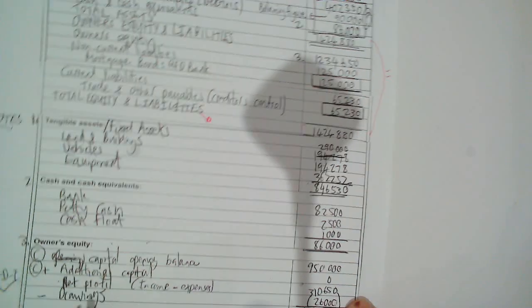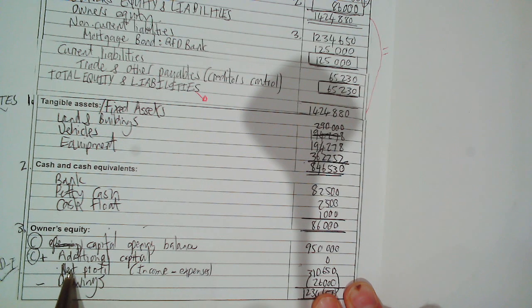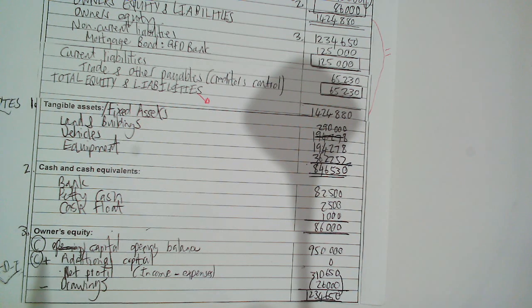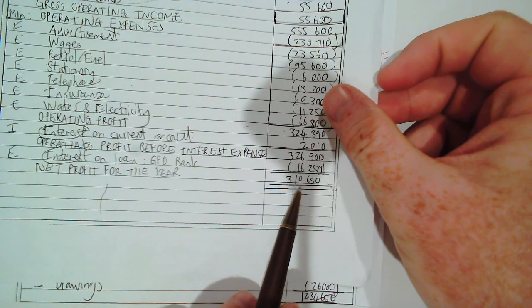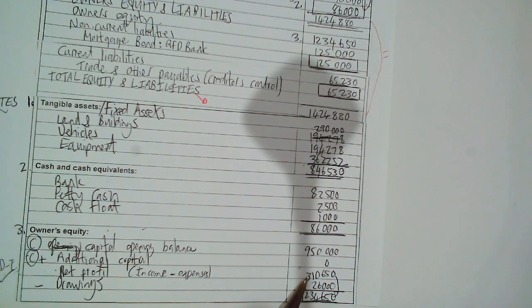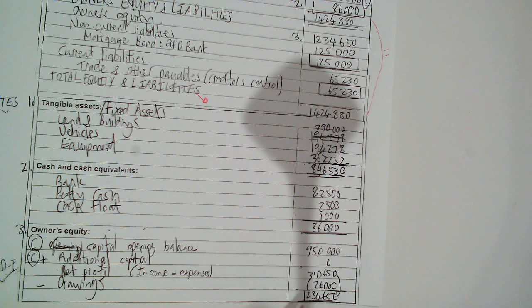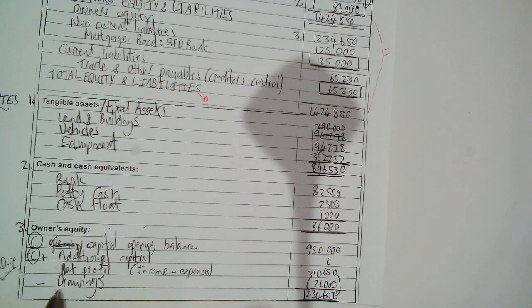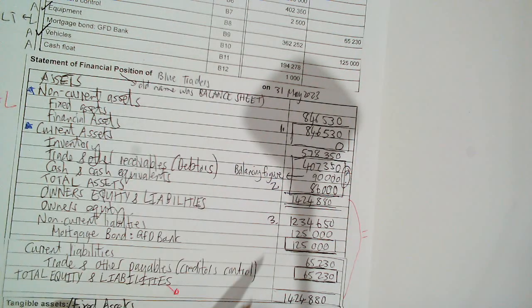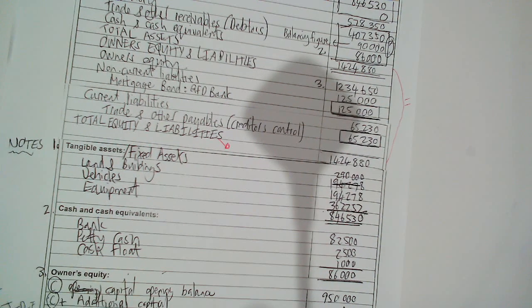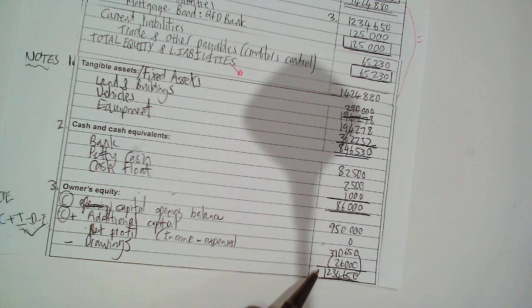Then I'm going to add my net profit. Now the net profit I got from the statement of comprehensive income. You'll see there it is, 310,650, and I'm just adding it here, 310,650. And then I must minus my drawings. Drawings was given over here, 26,000. It's a negative number, so I'm going to minus that. And then I will get